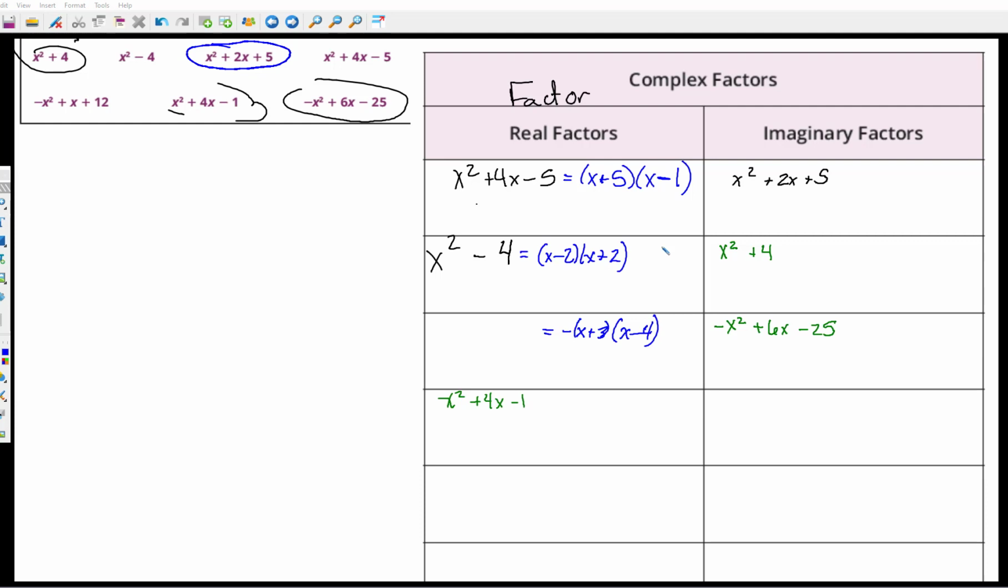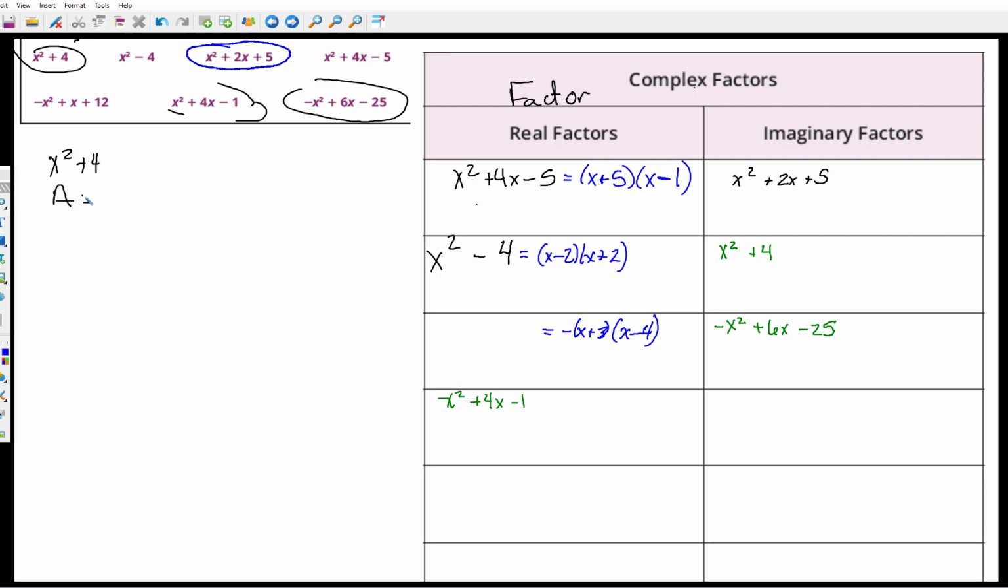Where we left off yesterday was y'all working on the imaginary factors from this set. And so we'll take and work these one at a time. And we'll start off with the x squared plus 4. So when we work this problem,